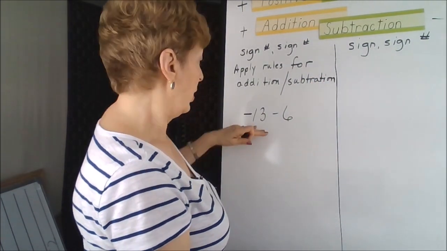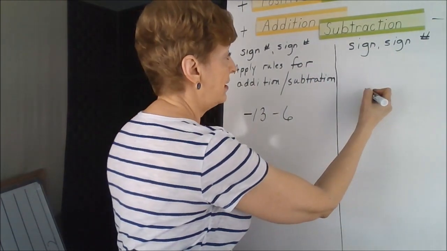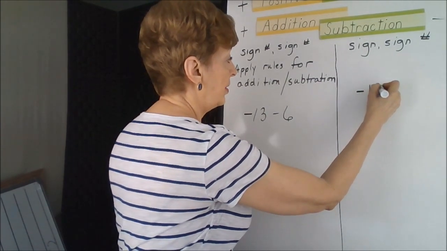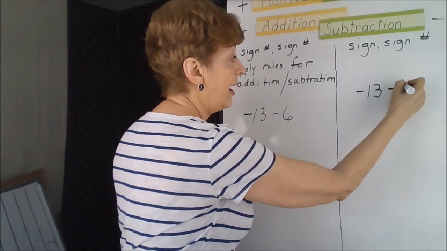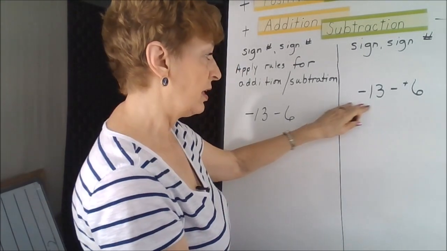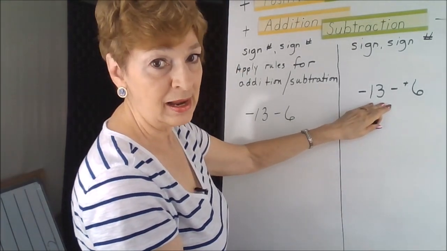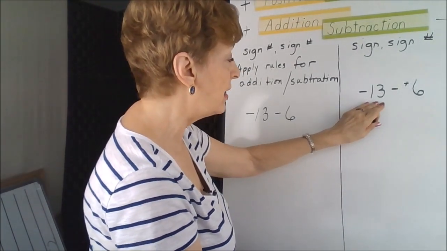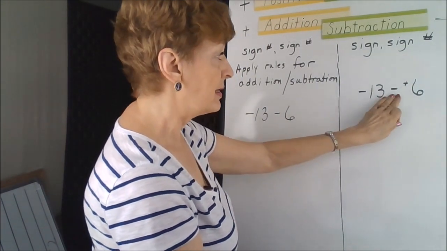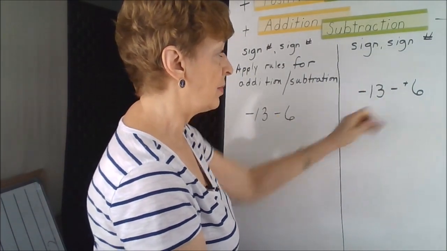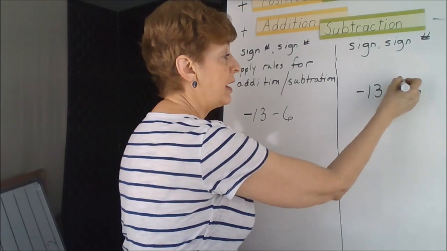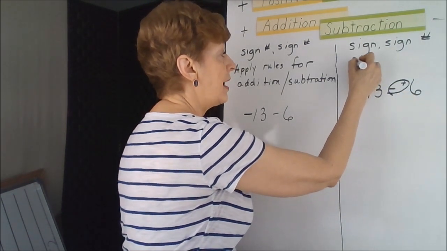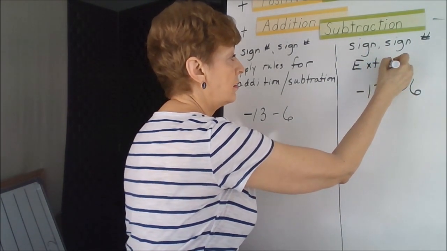If, however, your problem looks like this, sign number, sign number, this particular number in the problem is okay because we have one sign with one number. That's good. It's this one that we have sign number. If you have this situation, you must apply the extra step rules,